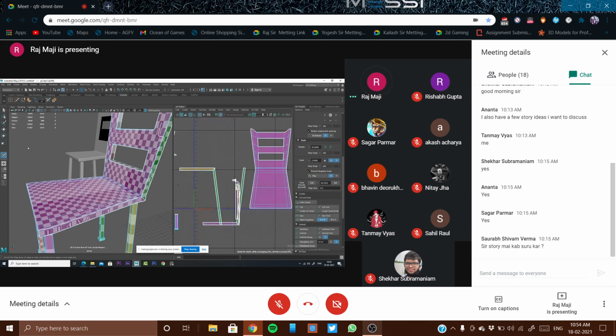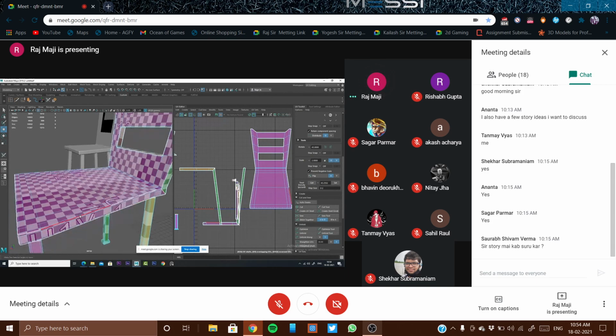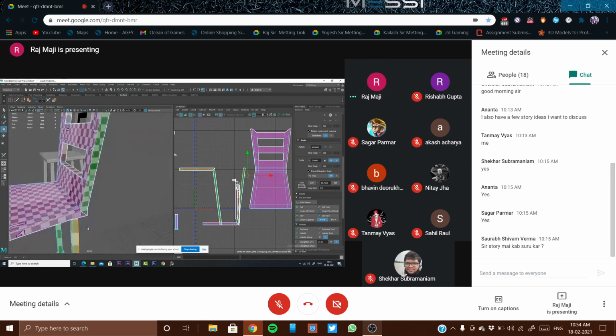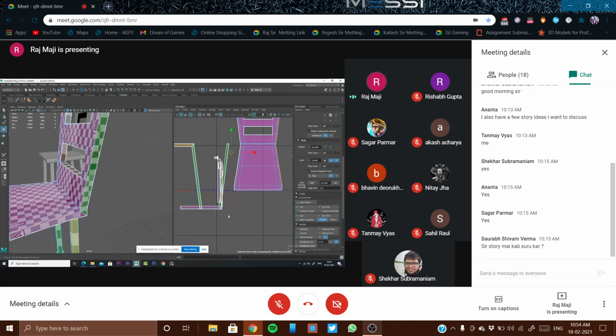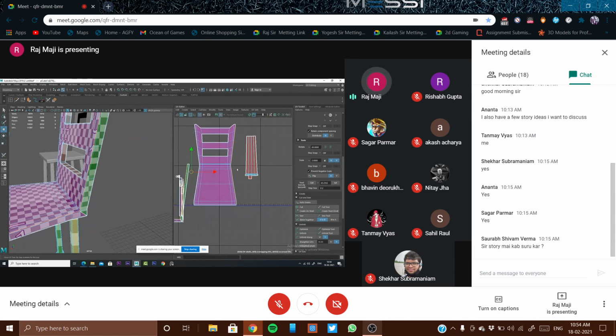And let us check what we can do. So selecting this one. All right, one side is selected. And stitch together.